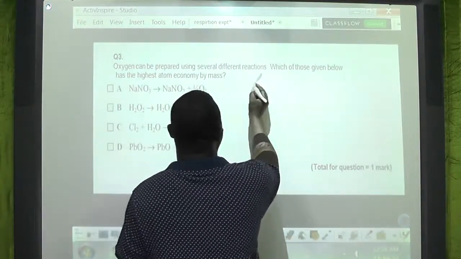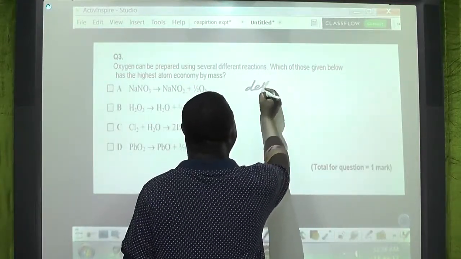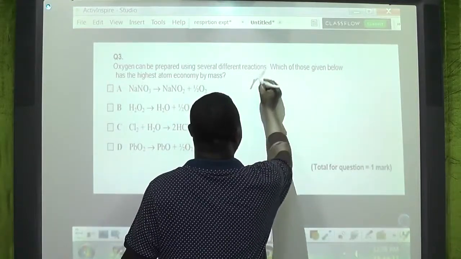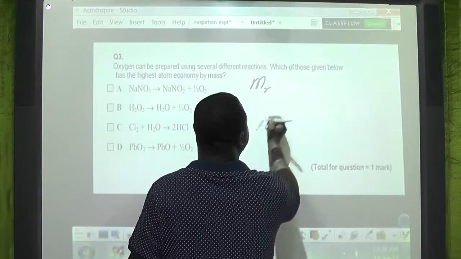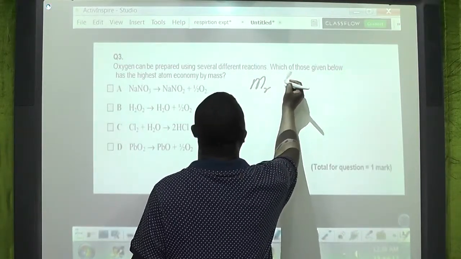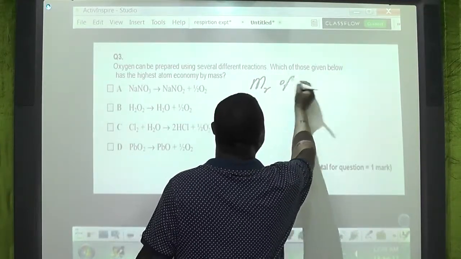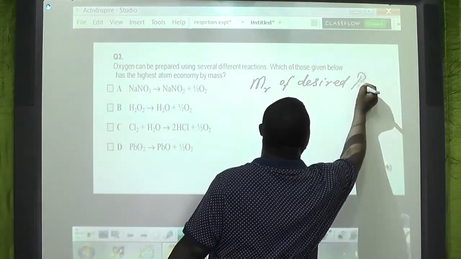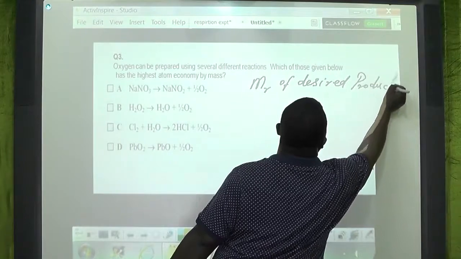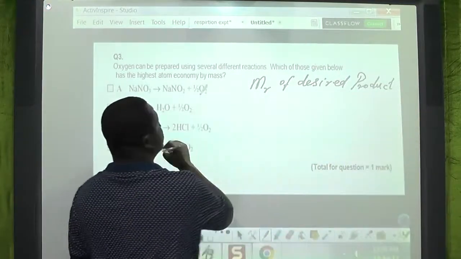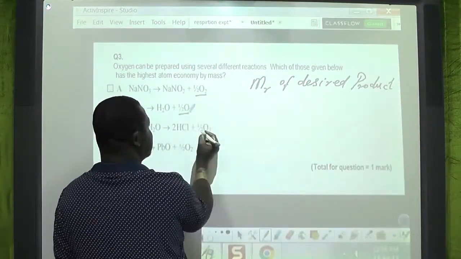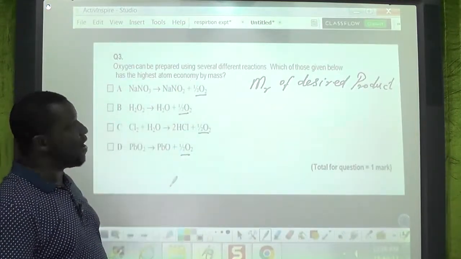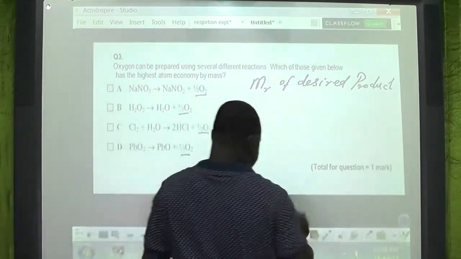You say the desired MR, or relative atomic mass or relative molecular mass of the desired product, which is what here? Our desired product here is oxygen. Of course, that's the oxygen here, oxygen here, oxygen here, oxygen here. In this question, we are very lucky. It's half oxygen for everything. Divide by